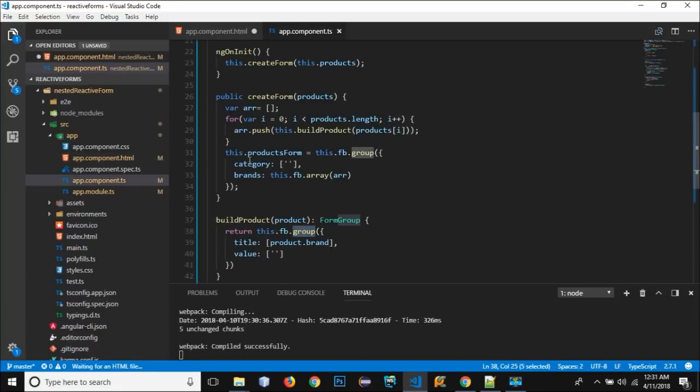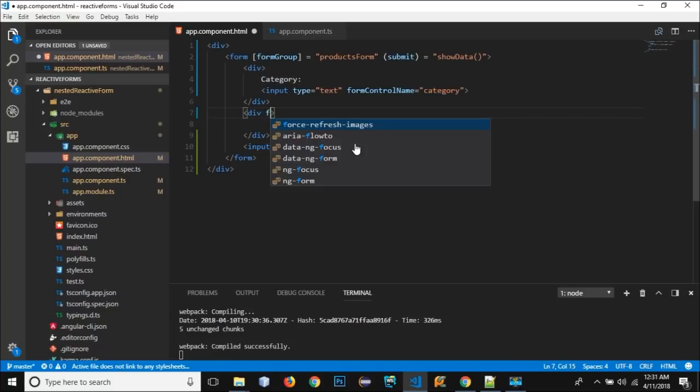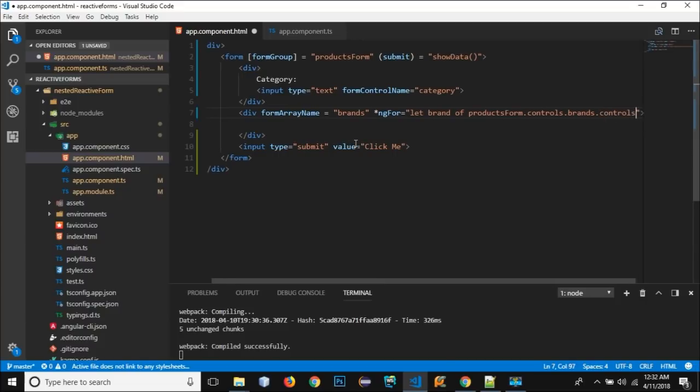This brands array is parallel to this category. So we can directly write form array name, and this is the brands array. And I need to use ngFor directive, ngFor let brand of productsForm.controls.brands.controls,